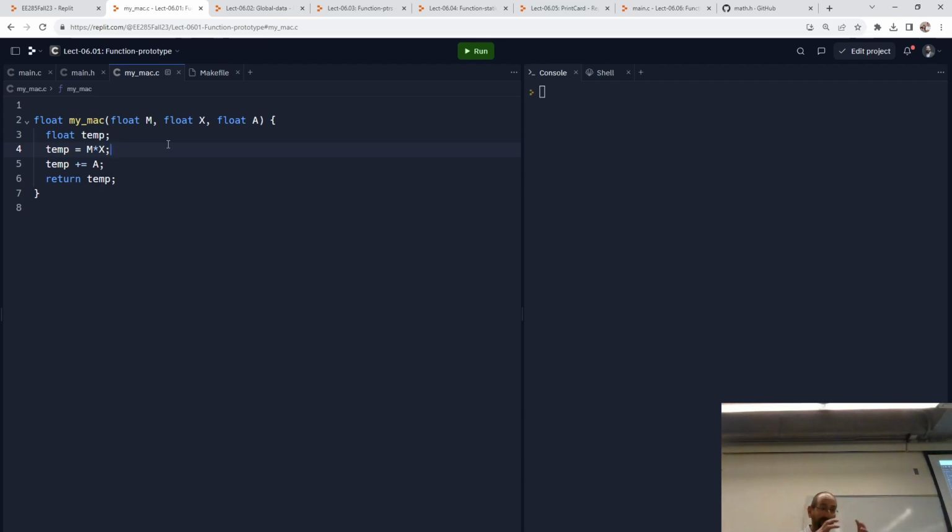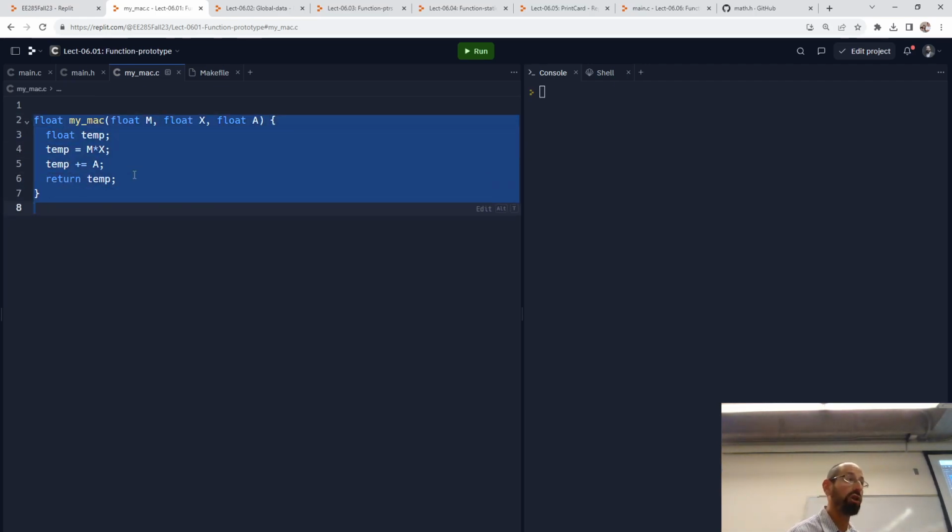We have a function that encapsulates functionality, so nothing in this function changes anything that happens in the caller function. It's all very local. All those variables are defined local. Changing temp here doesn't change any temp variable in the caller function. That's correct and that's good, but sometimes that can be very constraining in terms of how we write code, because